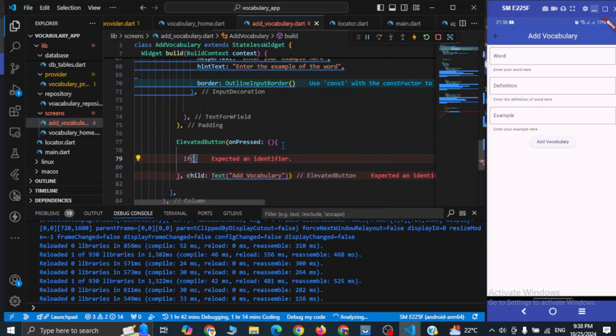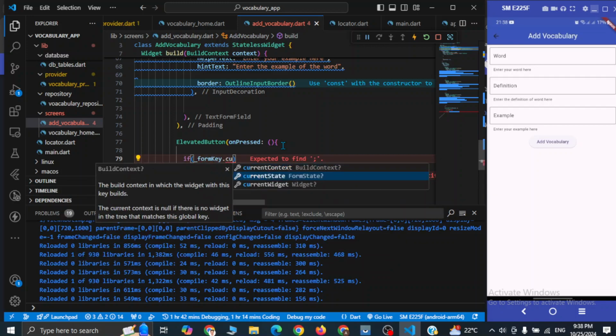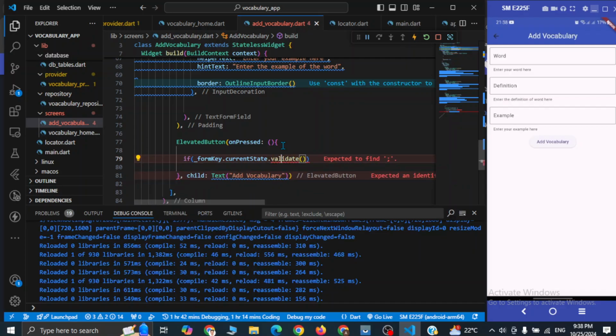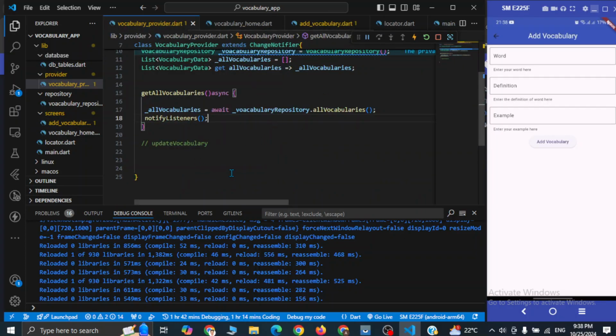So let's write a statement to validate the form. If form key dot current state dot validate. So if this is true, then we are going to add the vocabulary or make a call in the database. So we'll make the call in the database by provider. Okay, so we'll create another function if we have not created. We don't have a function here in the provider, so we can simply write